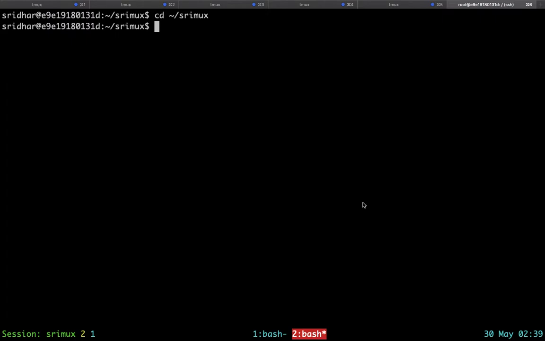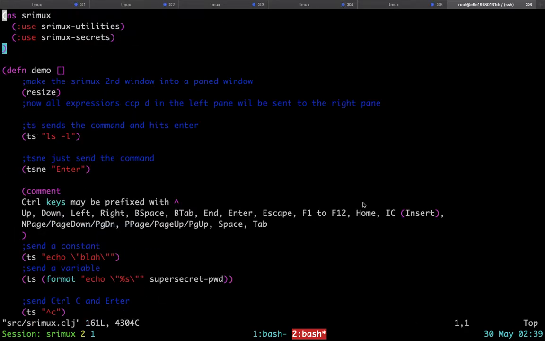Let's open the main namespace. You will be spending a lot of your time in this file. So the file is srimux.clj. This is the file.